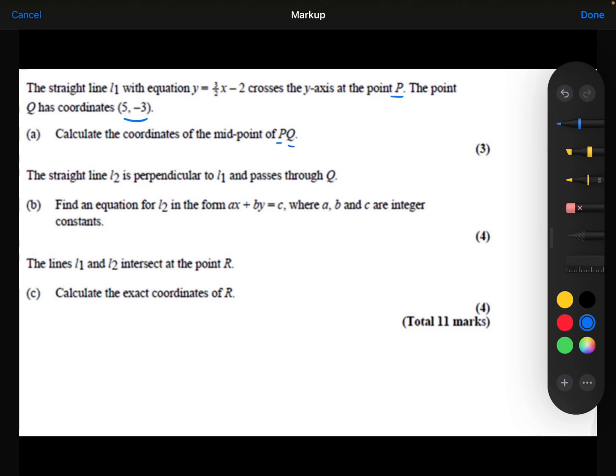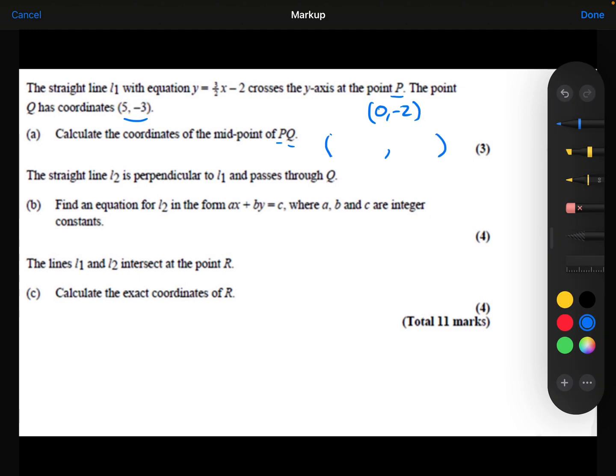P is where this line crosses the y-axis. So that's where x equals 0. If I substitute 0 into this equation, I get that y is equal to minus 2. So therefore, the point P has coordinates (0, -2). So I just need to find what's in the middle of these two coordinates. To do that,